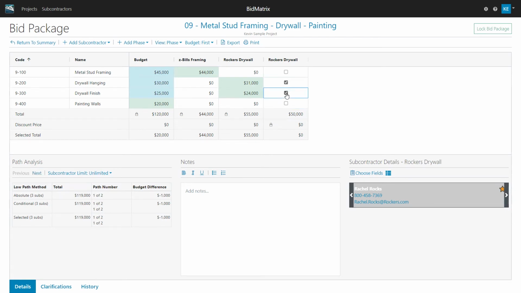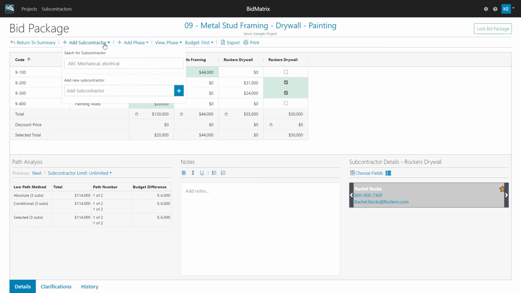Once I change the dollar amount here, this changes from being a numeric value to a place where I can actually check and say, what did they include in their scope? When I only had one of these checked, one task at $50,000 was not low. But as soon as I picked up $50,000 for both of those tasks, it beats my $55,000 here, so now it's going to pick up Bill's Framing and my Rockers for a lump sum of $50,000 to analyze my bid buy. So now you'll start to see part of the power of the metrics is being able to take different ways that people bid and how they put numbers together to help me find what that low solution is.